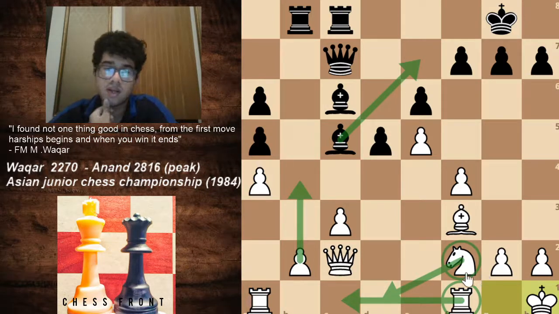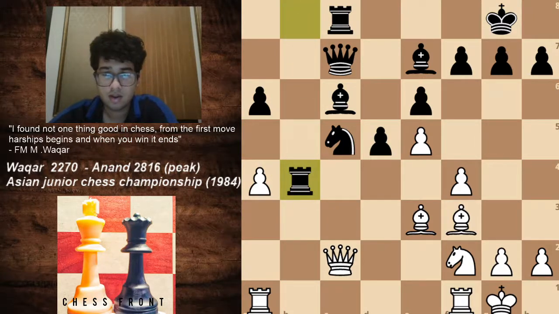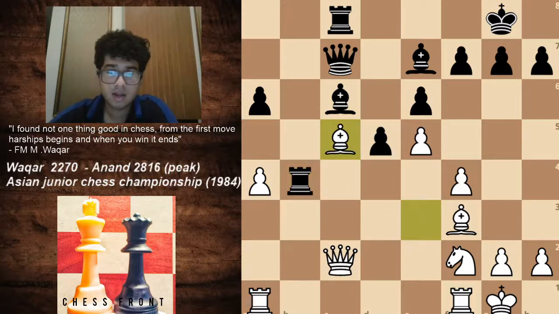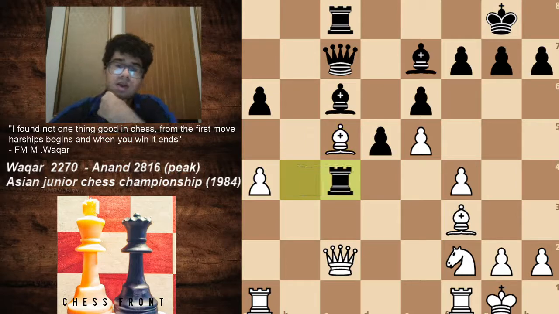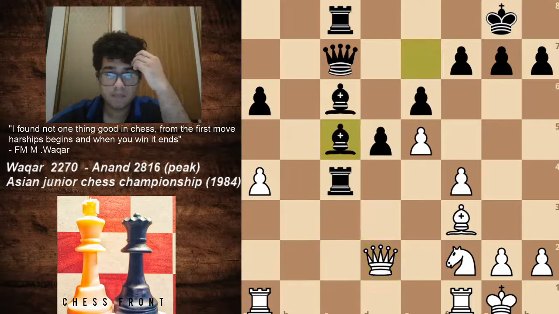And I think over here, white does have chances, but okay, b4 was played, which is actually a blunder because of the move a captures b4, c captures b4, rook captures b4, and over here, white probably thought that he would be fine, but he probably missed this next move, which is rook c4, and over here, white's structure starts to fall apart. We have queen d2 and bishop captures c5.